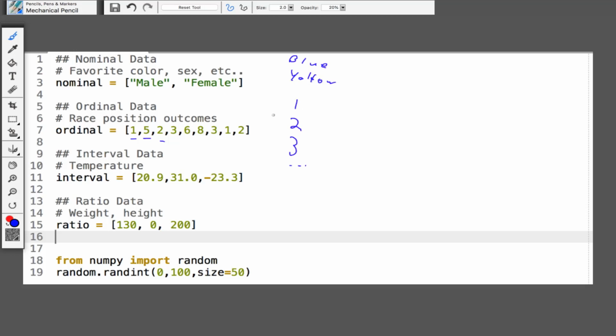So even though these are labels, the positions of the labels actually do have some additional meaning, like 1 is higher than 2. What you can't tell with ordinal data is the distance between these values, i.e. if you